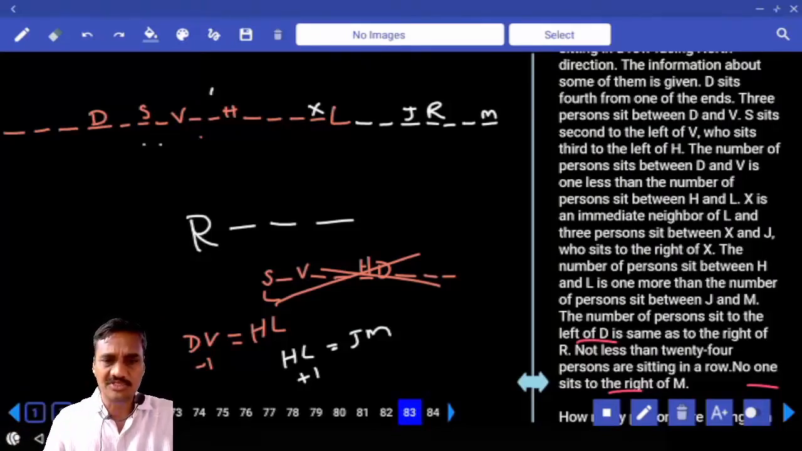Now the number of persons in between H and L is 4, and the number of persons between J and M is how much? J and M. Hence,